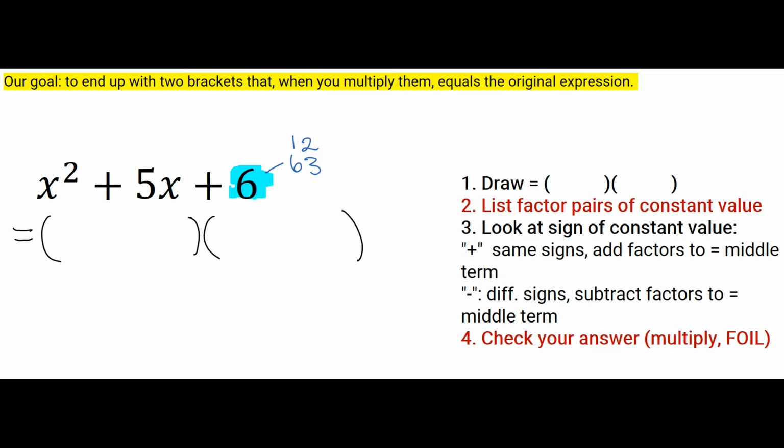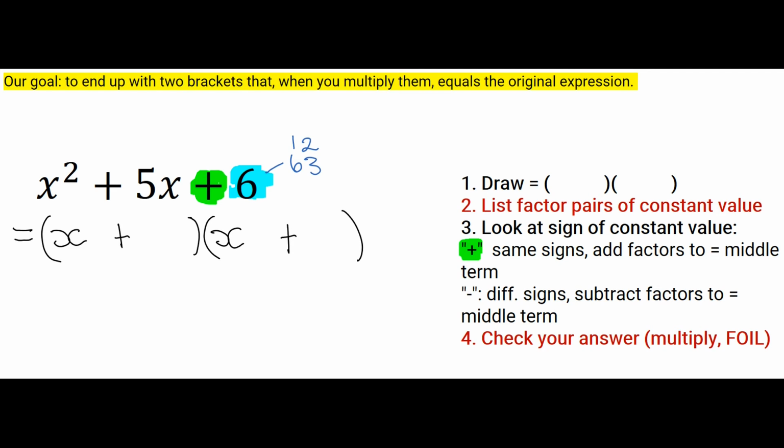Okay, so let's go ahead and use that. We have a look at the sign of our constant term. It is a 6. The 6 has a positive sign. So when the constant value has a positive sign, the sign in each bracket is going to be the same. So let's put the same sign in between each bracket. It's a plus sign because there's only plus signs in here. And the variable is x. Just plop the variable x at the front of each bracket. Then